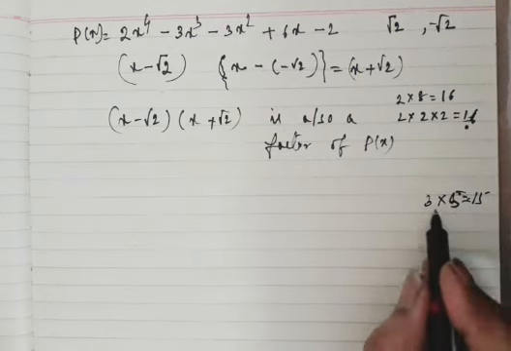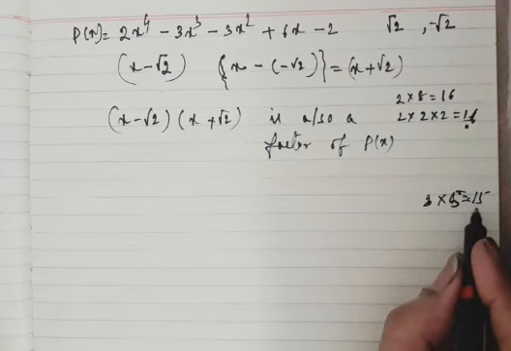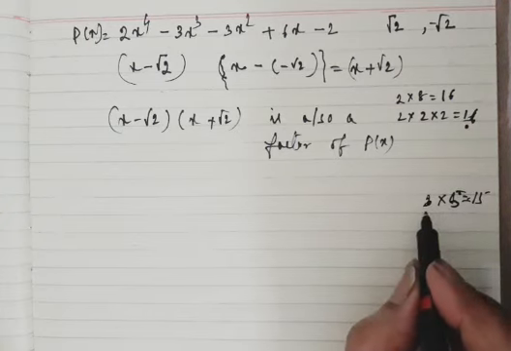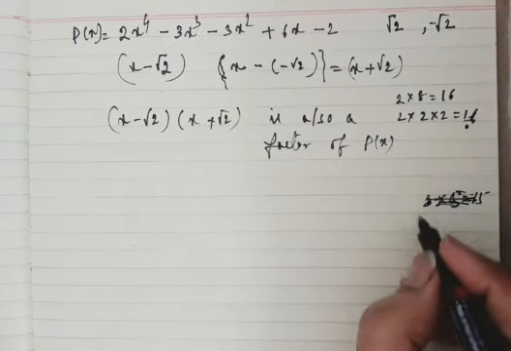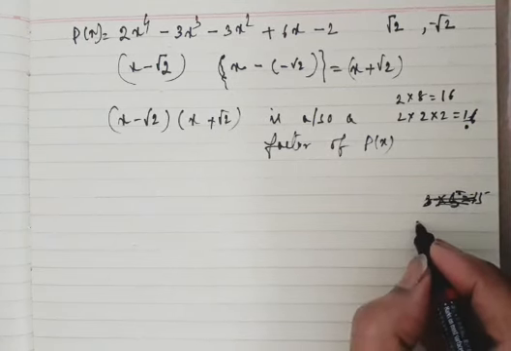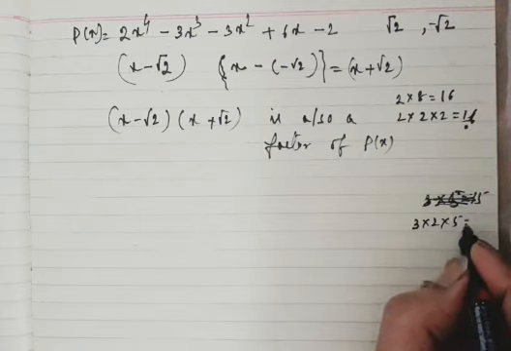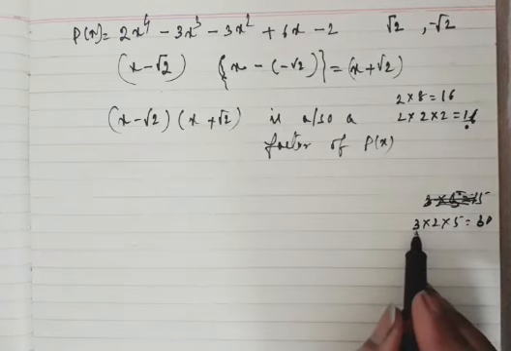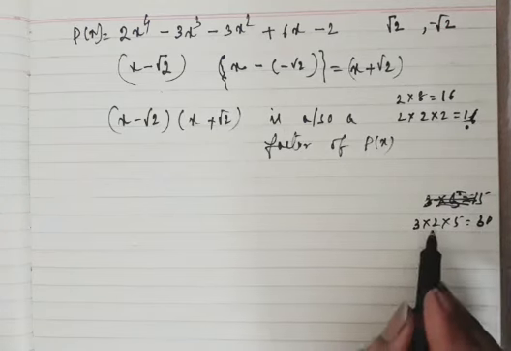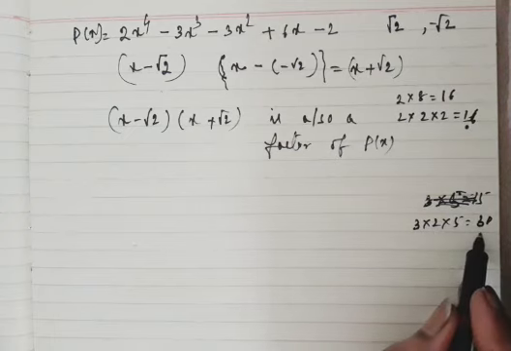Now you see here 3 into 5 is 15, or I may say like this. Suppose I am taking a bigger number. Suppose I am taking 3 into 2 into 5, that is 30. Now you see, if 3 is a factor of 30, 2 is a factor of 30, 3 into 2, 6 is also a factor of 30.